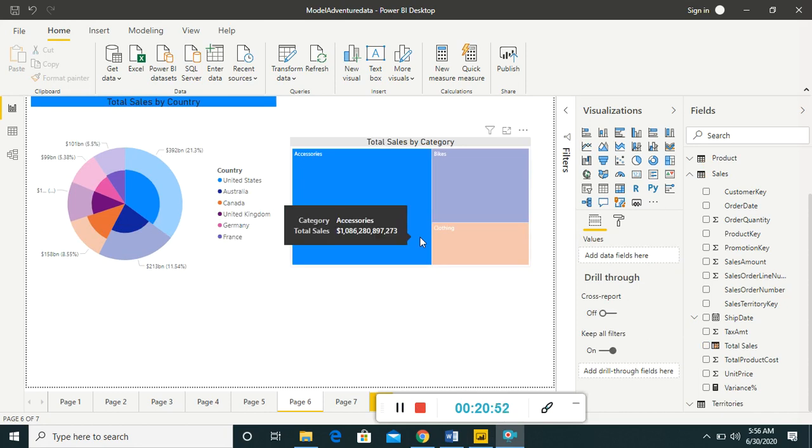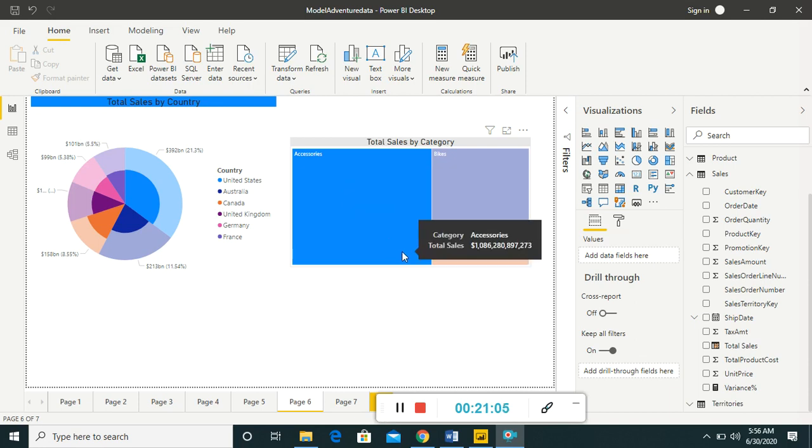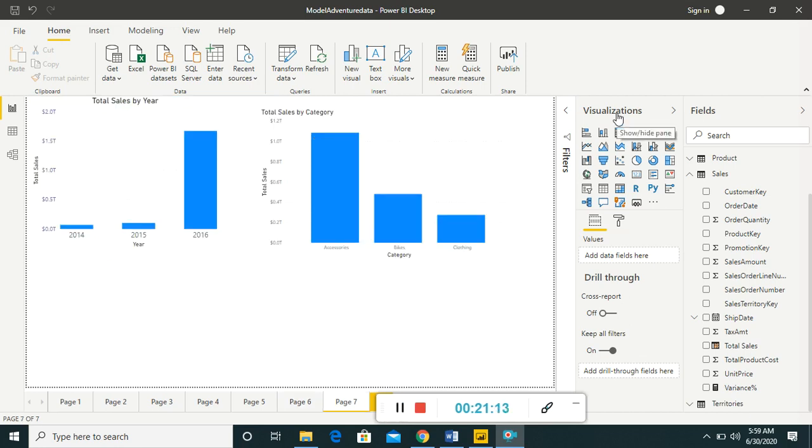Next we are going to see slicers. Slicers are the most powerful types of visualizations in Power BI. Through a slicer you can look at a report segment by a particular value, such as by year or by region, etc. Under the visualization tab there is a slicer. Click on it, and the slicer is added.